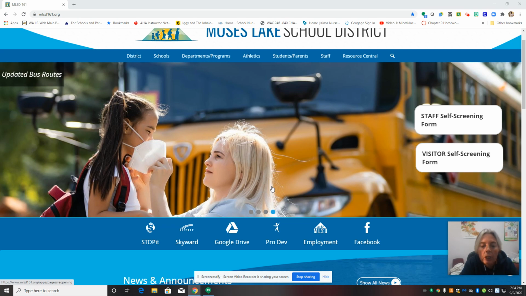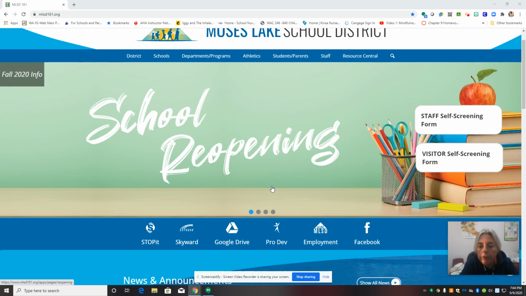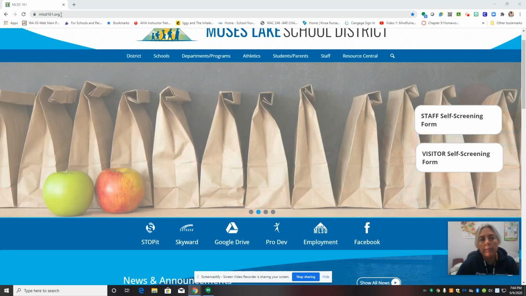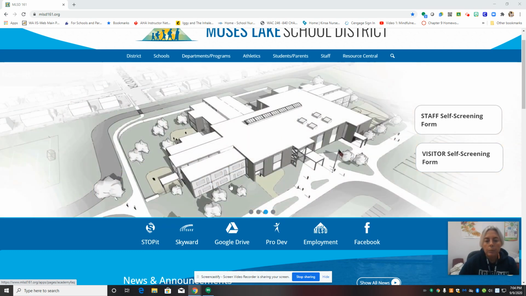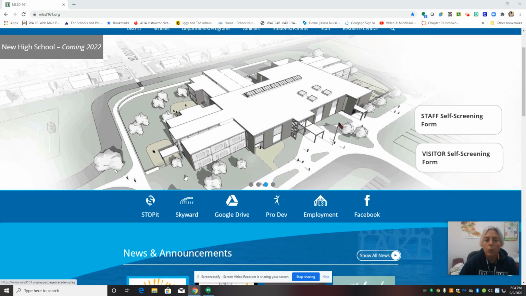So first things first is you're going to want to go to the school district webpage. And as you can see, the address for that is mlsd161.org. I've got it right up here in the top corner. And you can actually do this from your phone or you can do it from a computer. So if you scroll down, you're going to see a little icon here that says Skyward, and you're going to